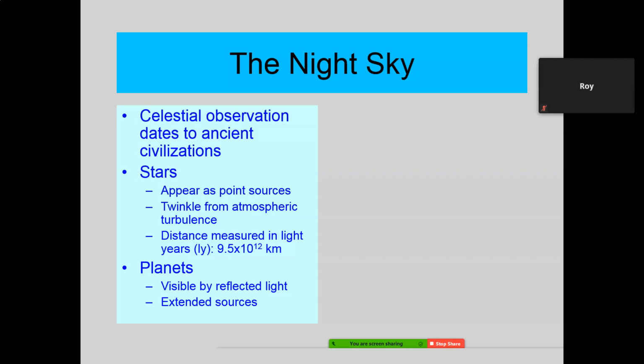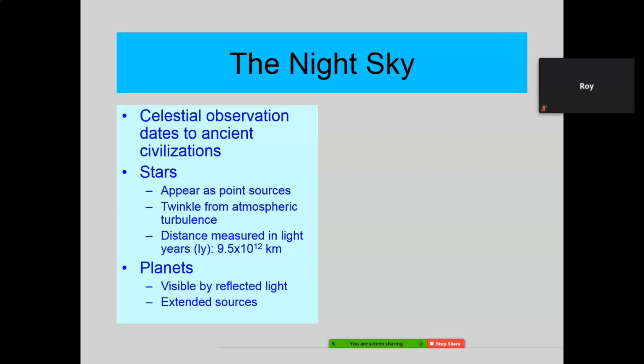People have been looking at the night sky ever since people have inhabited the planet. In fact, those ancient civilizations, they knew more about the night sky than we do. Now, maybe not more than the greatest astronomers on Earth know, but I'm talking about you and me. Because what is it? They didn't have anything else to do. They didn't have television. They didn't have radio.